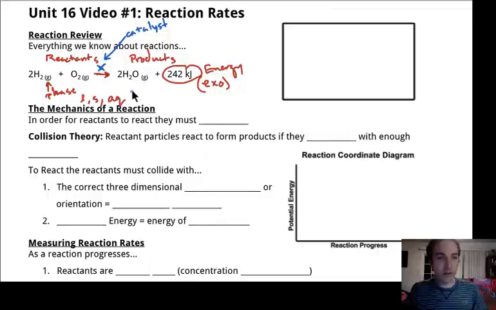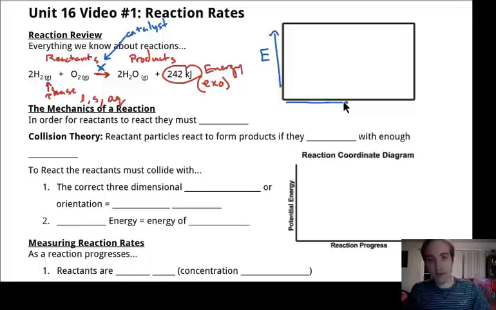Okay. The last thing I want to review about this reaction is the idea that there's an energy change throughout the course of the reaction. So in other words, the reactants have a certain amount of energy. The products have a certain amount of energy. But we know that over the course of the reaction, these guys react, we make products, and energy is given off or lost. So another way of thinking of that is, if this is energy going up this way,